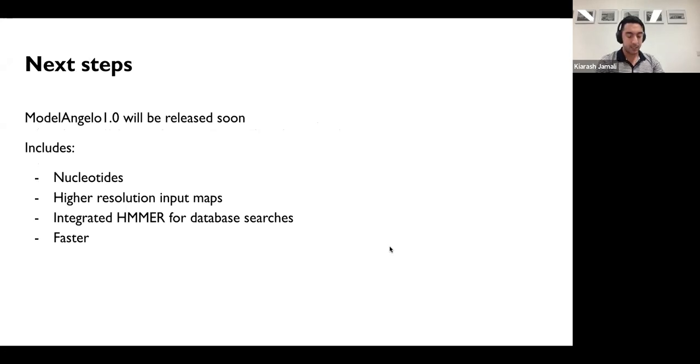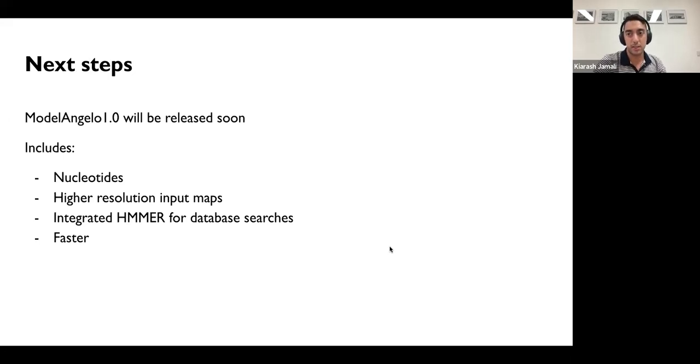So what are the next steps for Michelangelo? Well, we're going to have the 1.0, which we will release soon, and there are a lot of improvements. The first one is that everything I've explained so far is for proteins only, but we are now also going to have the ability to do nucleotides.